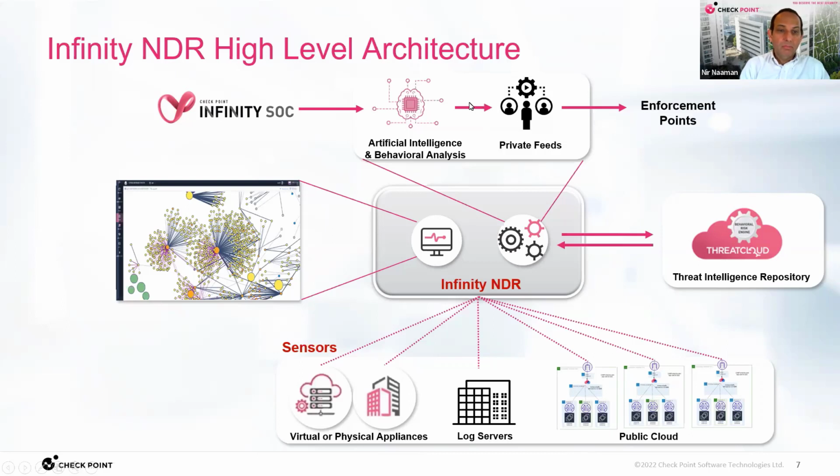And the output of NDR is twofold, because I talked about automatic response and manual response. So on the one hand, we have the visualizations. Infinity NDR is optimized for a SOC analyst. So when you deploy this solution, you don't need Smart Console because you're not managing policy. You are all about identifying attacks, and then signing and stopping them. And the second output